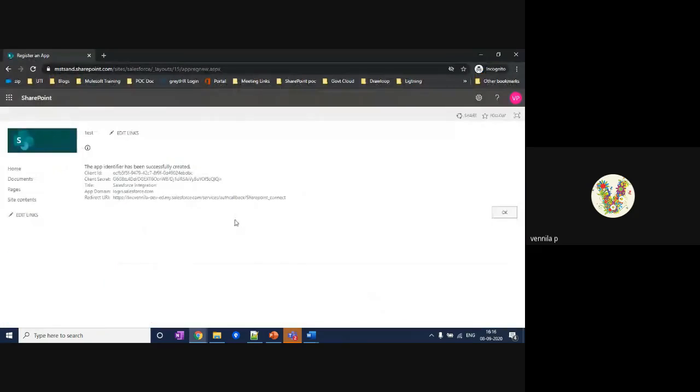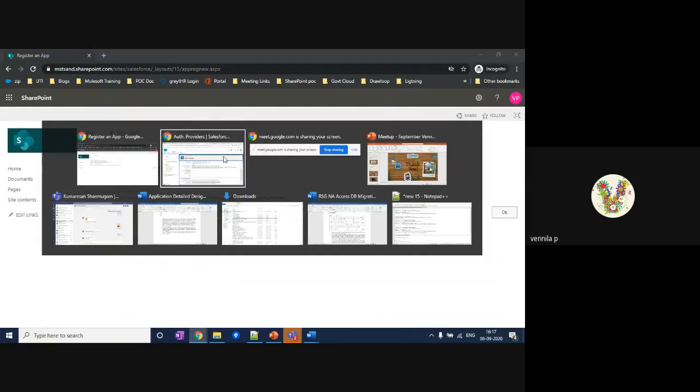You need to provide some kind of access level from SharePoint. We can provide read-only access, and read and write. Read-only access means you can only read the files from SharePoint. You could not upload the files. If you provide read and write or manage, then you can do all the read, write, and deletion operations from Salesforce to SharePoint.